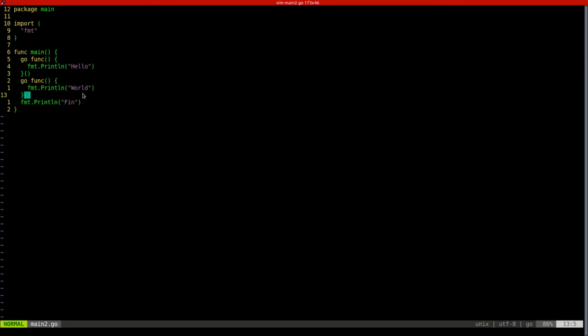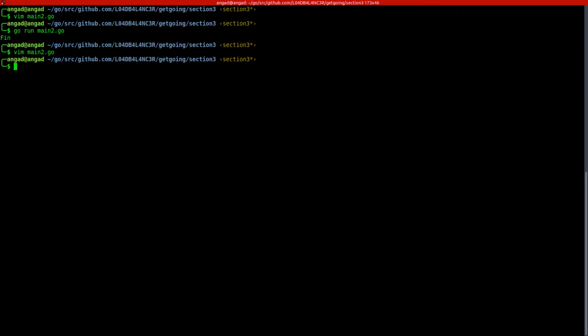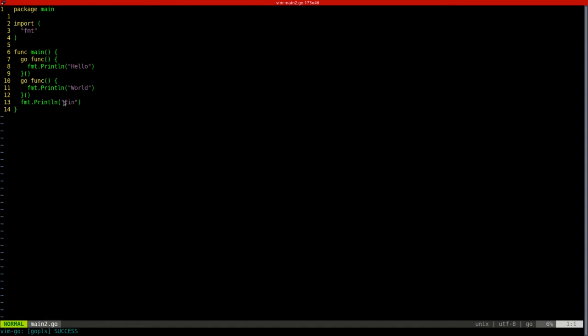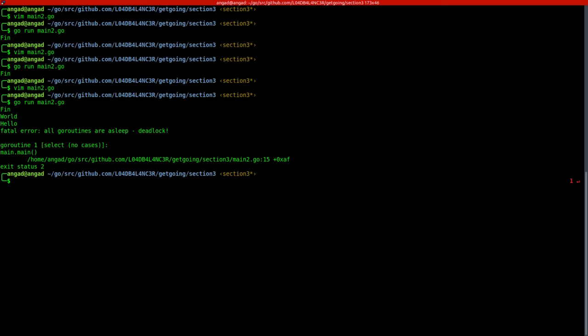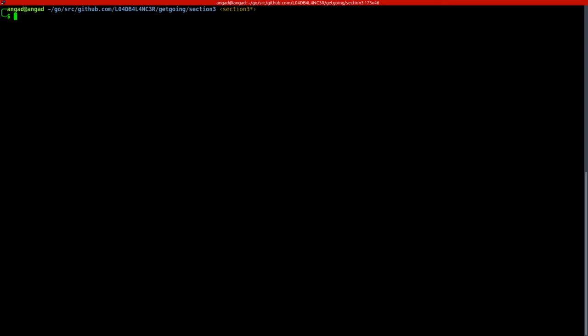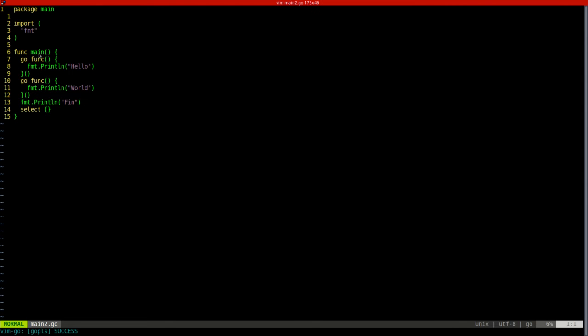So what I want to do right now is, in our current paradigm, we are not waiting for the Goroutines. Earlier what we were doing was using the select block, right? And what the select block was doing was waiting indefinitely for fin, hello, world. So this might result in a deadlock in a lot of cases. If you take a look at this case, it resulted in a deadlock because our main function had also finished. And if you want to avoid conditions like these, we use something known as wait